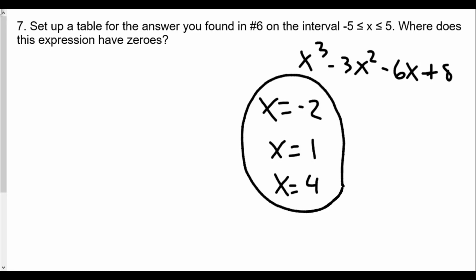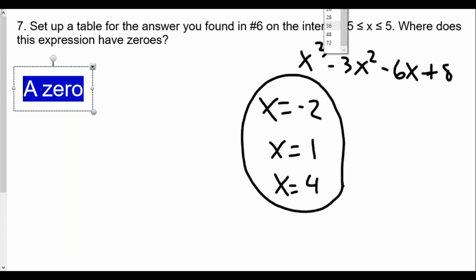Now, one of the things we should also associate with our zeros is that a zero is where the graph crosses the x-axis. So a 0, ooh, the font's kind of big. Let me see if I can change this font to a little smaller. So a 0